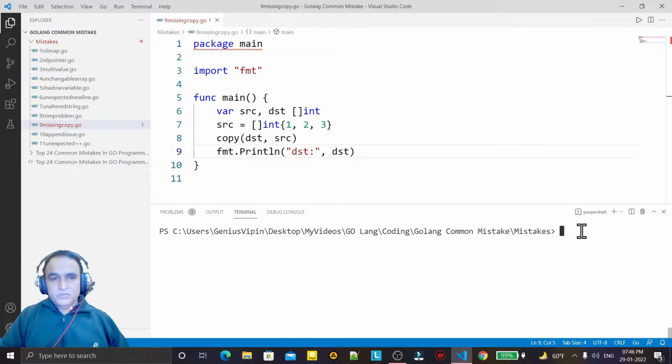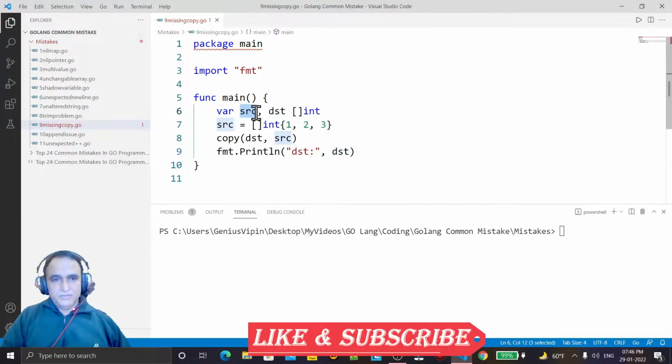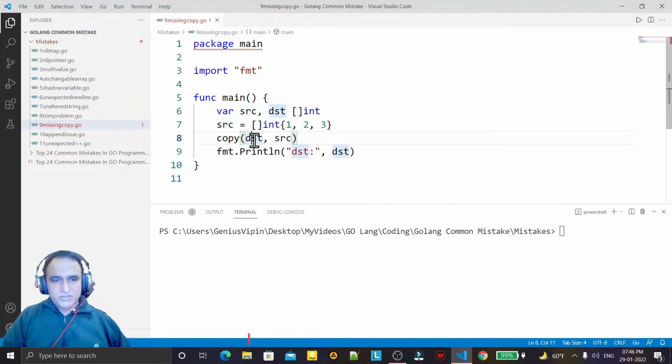In this video, we are going to solve one more common mistake in Go language. To understand this problem in the code, we have two arrays of string type, source and destination. In source, I slice these values and I just copy the source into destination and I display this destination, and